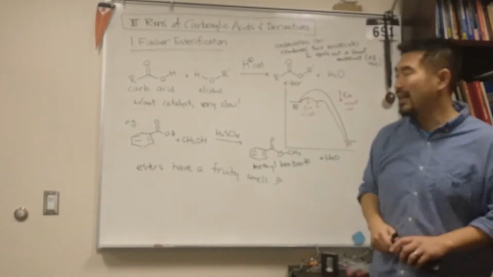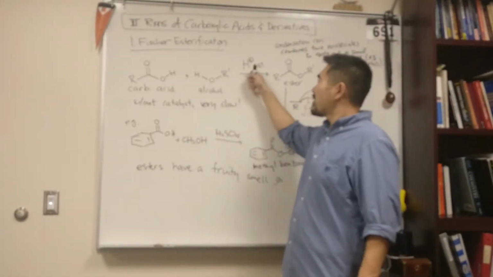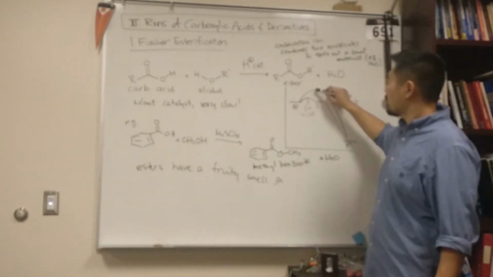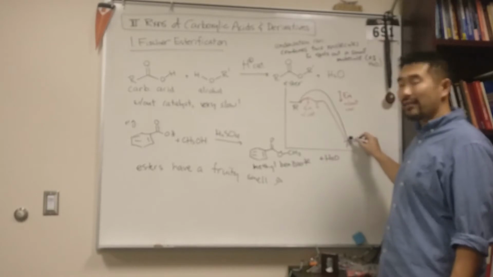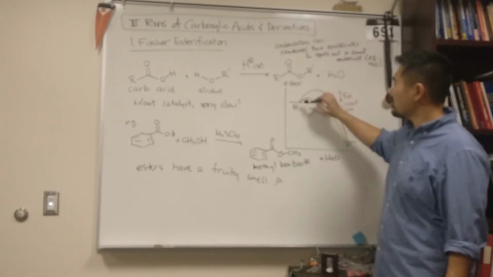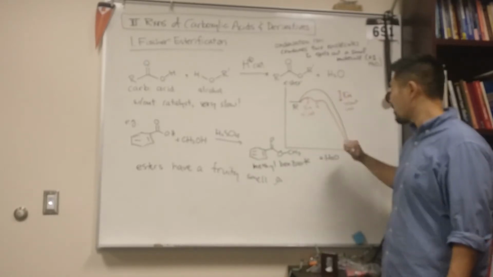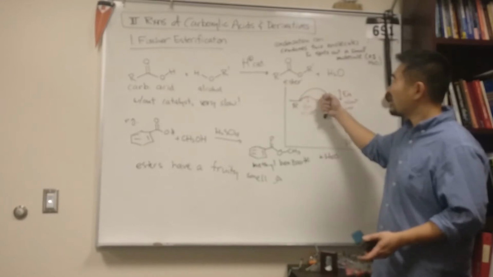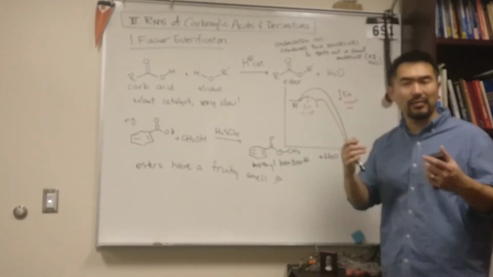You guys did it in the lab, but it's very slow without a catalyst. And a catalyst, what does it do? If this is the regular reaction pathway without catalyst, this is how much activation energy your reaction has to overcome to become your product. But if there's a catalyst, the reaction takes a different pathway,